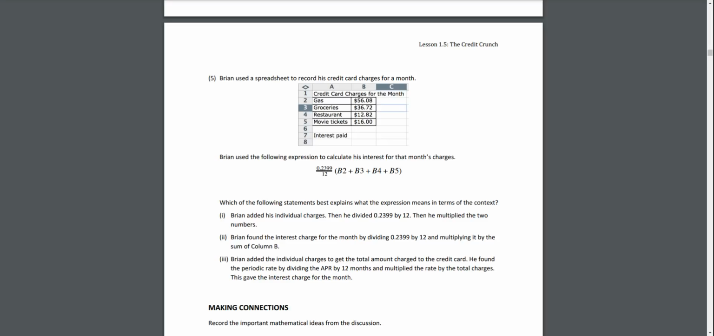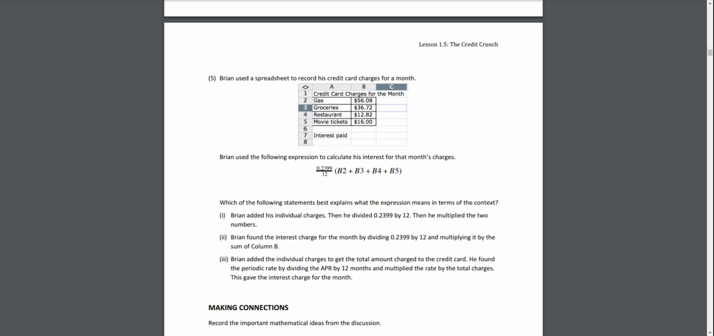So if we're looking to figure out what B2 is, we'd go to the column B, the row 2, and where they meet is the value that is equated to B2. So this is the gas charges for the month. And so instead of B2, we could put in 56.08 or $56.08. We do the same for B3. We see the column B, the row 3. This is the charges for the month for groceries. So B3 would be